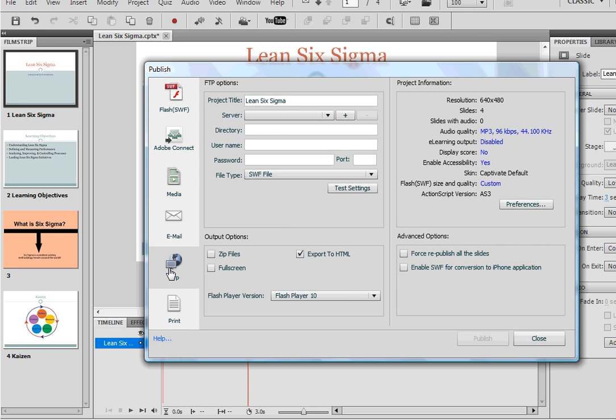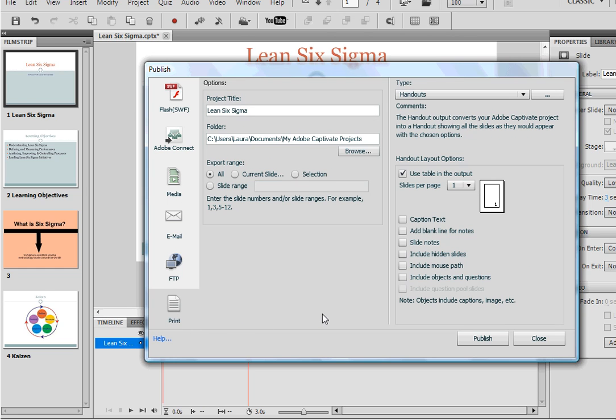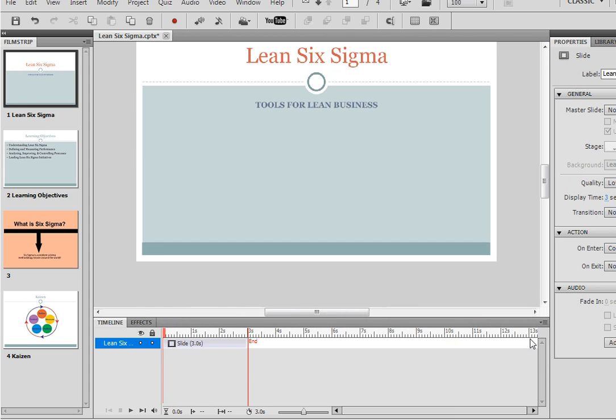Okay, there's also an FTP option where you can publish directly to a website. You'll have to have the server information that hosts the FTP website where you want to publish, and you just type that in here and just click Publish. Another neat feature is the print option, and this is where you can print your project if you need handouts for a meeting, or you might want the storyboard that includes the hidden slides and quiz slides, and you just click Publish and it will print for you. Okay, let's go back